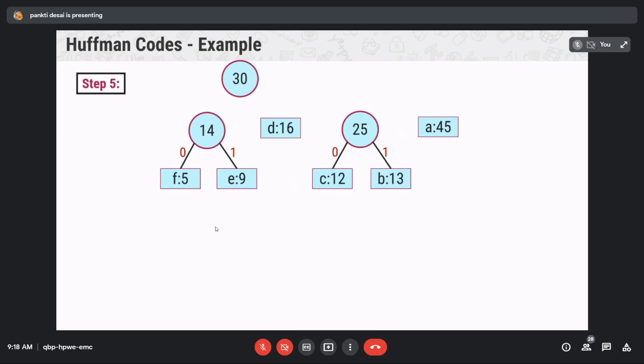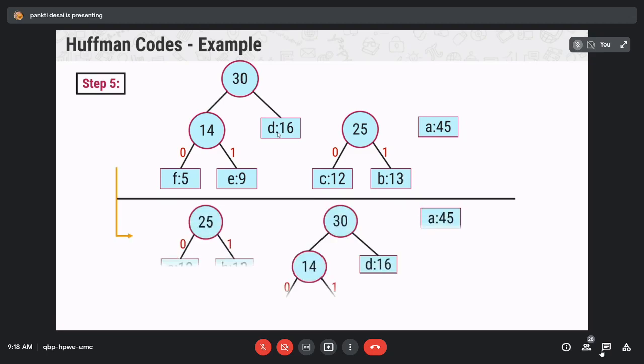Okay. Now next, after creating the 14 and 25 internal nodes, our tree should be like this. Here the minimum frequency nodes are 14 and 16, because we are already done with the other two. So now on this level, 14 and 16 have the minimum frequency. Create one new internal node using the frequencies 14 and 16, assign 0 and 1, and rearrange the tree like this, because this 25 has the minimum frequency. So you have to rearrange this, and 30 will be at this position.